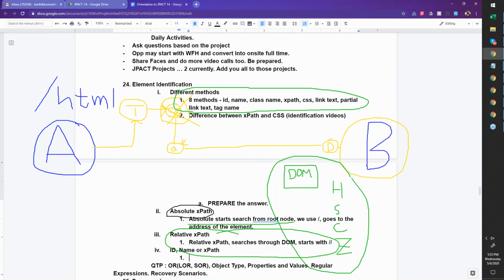Even let's say I have an ID, I can always write an XPath using the ID also, correct? So you can keep that if you always want to maintain XPath. But let us say you want to keep this as an ID. For example, that is what we did even in other tools. You have a choice. You can give just an ID or a link text, or you can write the entire XPath. It does not matter.